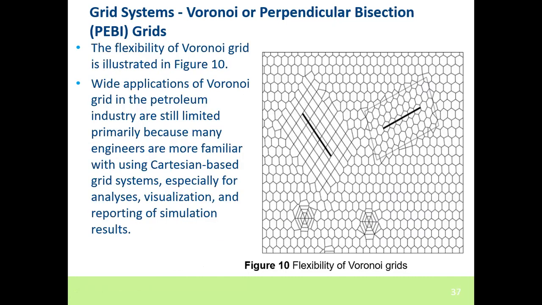So if you look at this figure 10, it just highlights the flexibility of the Voronoi or the PEBI grids. You see this is a horizontal well in what looks like a Cartesian grid embedded in hexagonal grids, and here you also have some horizontal grids and some hybrid grids rather. So of course, if you are developing a simulator yourself, you have more challenges coming up with the flow equations for this system. But